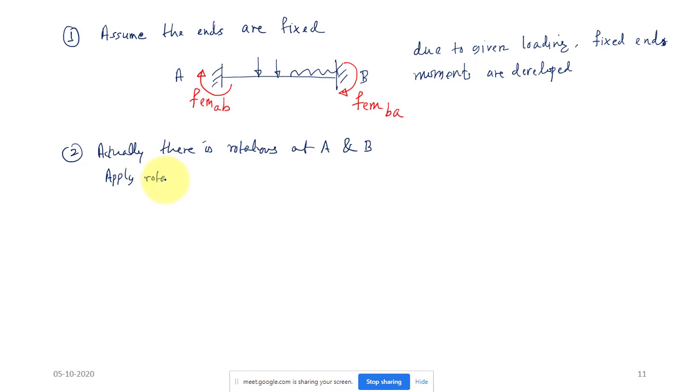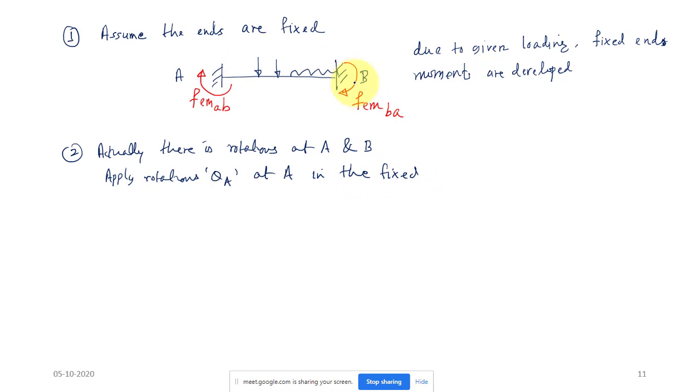So we are doing actually the reverse. First I am taking that there is no rotation. I am finding out the corresponding force. Then I am applying some rotation. I am trying to find out what is the force that might have caused this rotation. Okay, that is a reverse process we are going through. So apply rotation theta A. First I will apply only rotation theta A at A in the fixed beam. Okay, in the fixed beam. So we started from here.